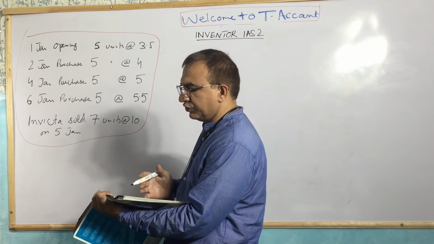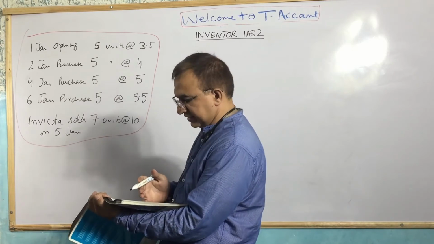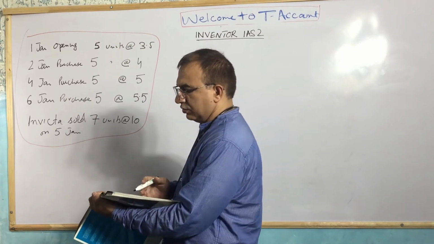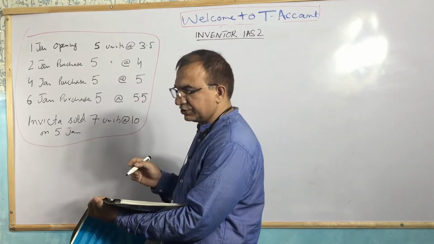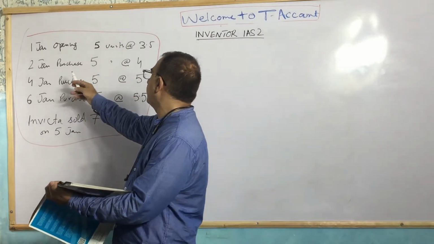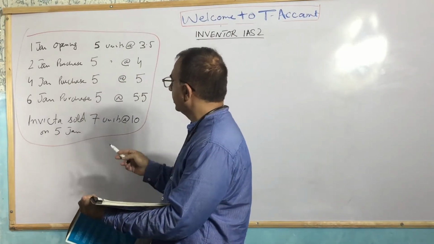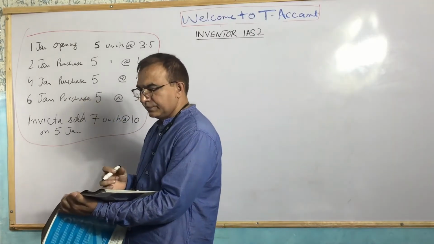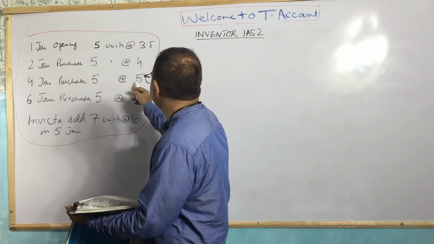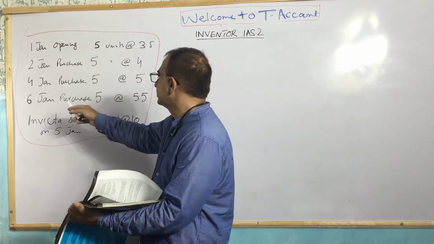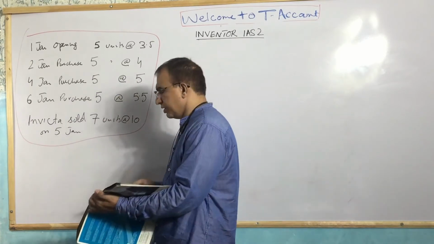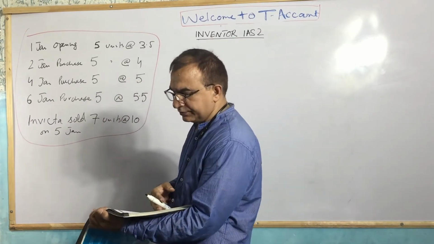Then during the first week of January 2016, Invicta entered into the following transactions. On 2nd January, she purchased 5 units at $4 per unit. On 4th January, again she purchased 5 units at $5. On 6th January, she purchased 5 units at $5.5. And on 5th,